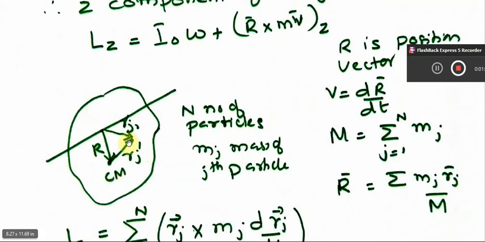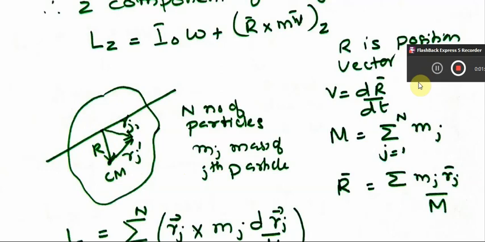So this is the rigid body which is undergoing both translation and rotation. This is the center of mass. This is the axis through which the body is rotating. R is the distance to the center of mass. This can be considered to be divided into a large number, n, of particles of mass mj. The jth particle is at this point. It is at a distance rj from the axis of rotation, and rj prime is the distance from the center of mass to that point. So rj I can write as r plus rj prime.